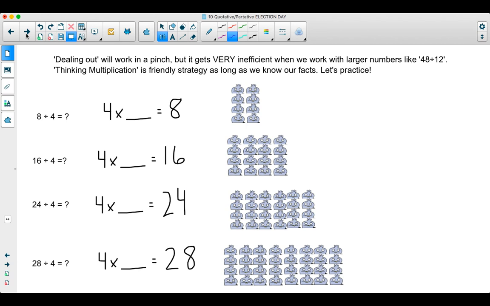Dealing out will work in a pinch, but it gets very inefficient when we work with larger numbers like 48 divided by 12. I don't really want to draw out 12 circles and count out 48 tallies. I could, but I'd rather not. Thinking multiplication is a super friendly strategy as long as we know our facts. So let's practice. 8 divided by 4